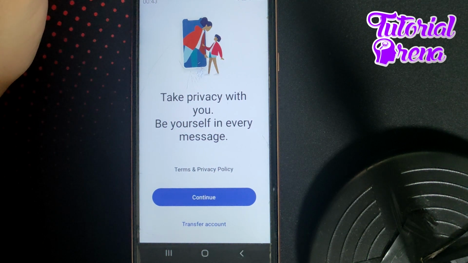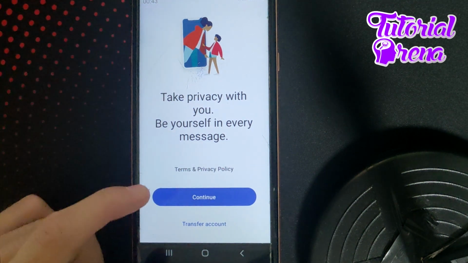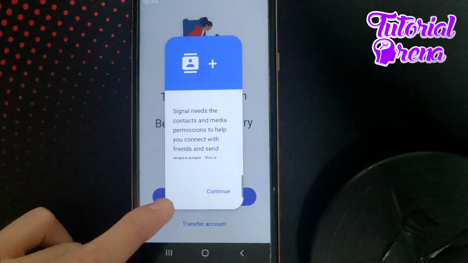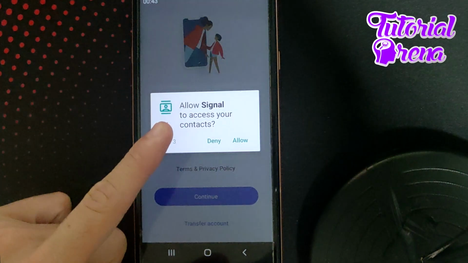How to create an account on Signal Private Messenger. Firstly, the main point is to open up the application and then simply continue on that blue section, and then continue after you allow permissions